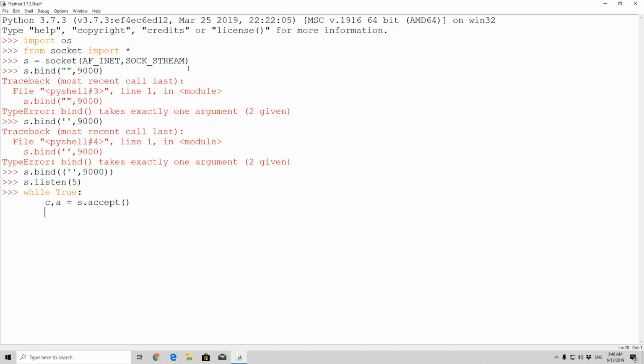press enter, and what you would check right here is if os.fork is equal to 0, then right here you would manage the client. So you would basically manage the client, perform some task right here, then you would close the connection, and then you would os._exit with the 0. Okay? In the else statement,